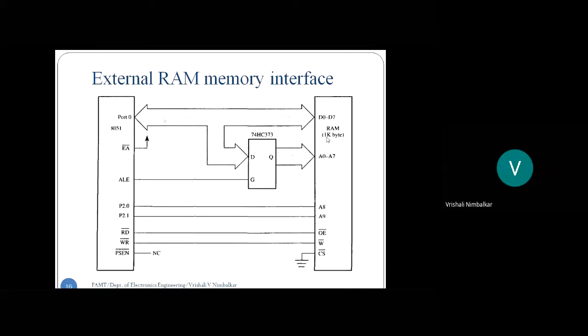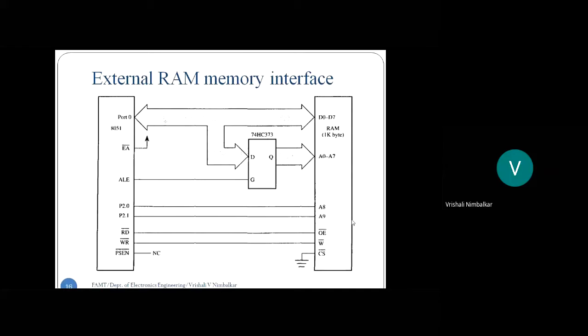Now 2 raised to 10 is 1024. 2 raised to 10 gives 1024 addresses, which we round up and say 1000 bytes. So 10 addresses mean A0 to A9. You can look into this: how many address lines have I connected? 10 address lines. A0 to A9 are connected. A10 to A15 are not in use. Why? Because the memory size is 1 KB. If the memory size was 64 KB, I would require all 16 lines.